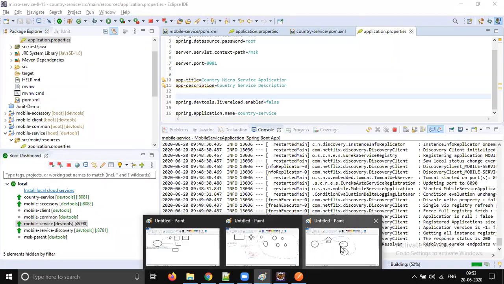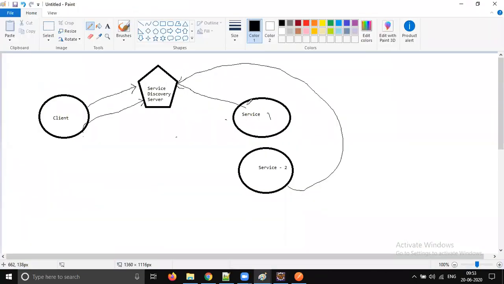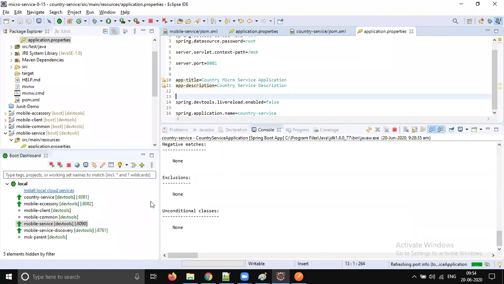Actually this client is a client to service discovery, not a mobile client. Service discovery is a server, and all these services are clients. Understood now. So let's do the same change for accessory also.